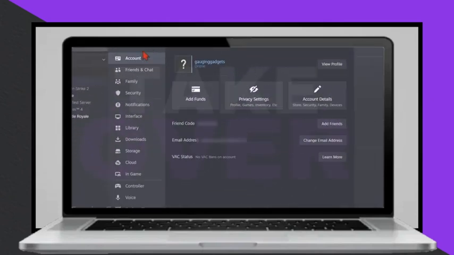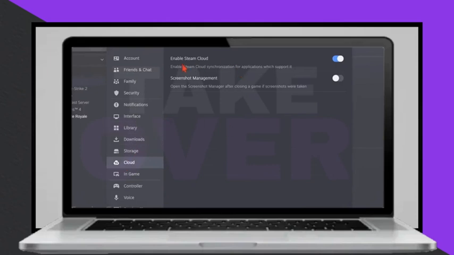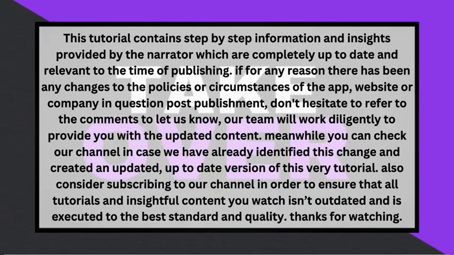Then, go to Install Files and select Verify Integrity of Game Files to check for any corrupted files that might be preventing cloud sync. After verifying the game files, if the issue persists, go back to the Steam settings and